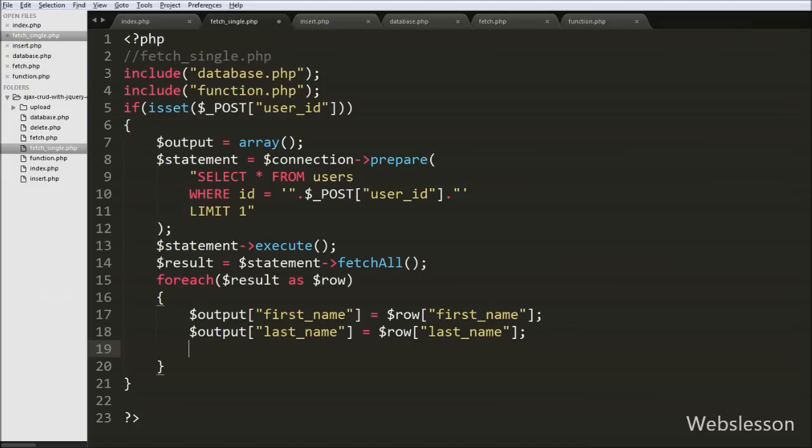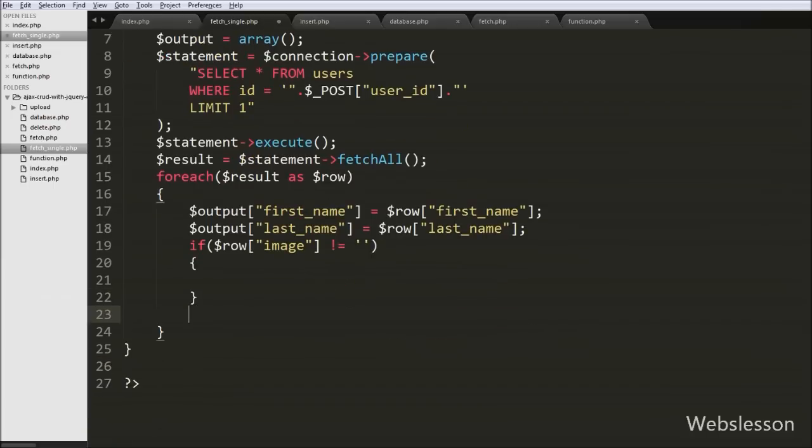Then after image data, we write an if statement, and under the condition we write $row image variable value is not equal to blank. This condition will check if the value of this variable is not equal to blank, then it will execute the if block of code. Suppose this variable value is not blank, then it will execute the if block of code, and under this